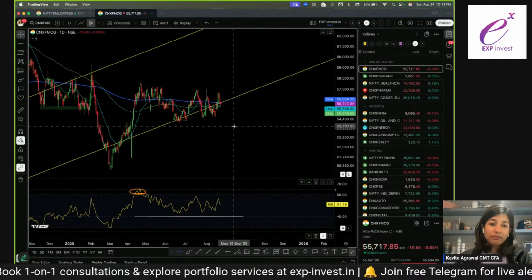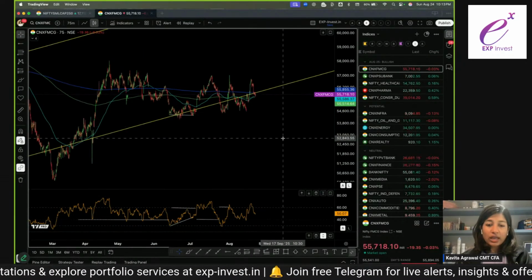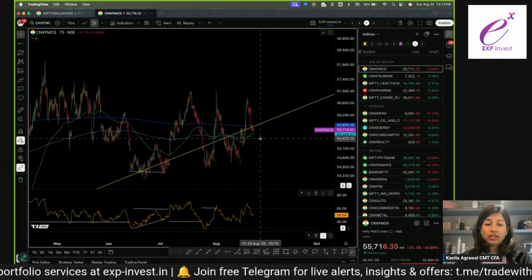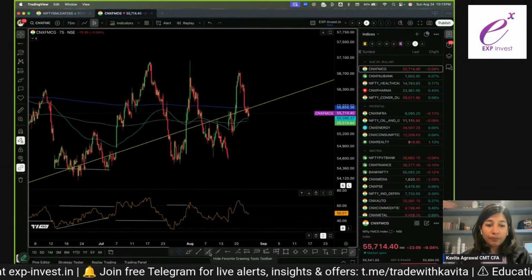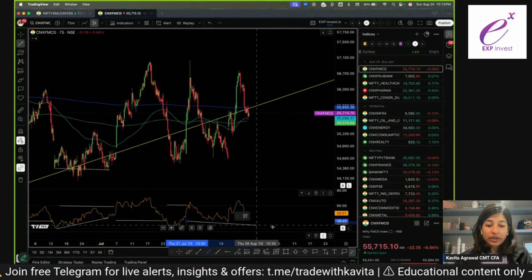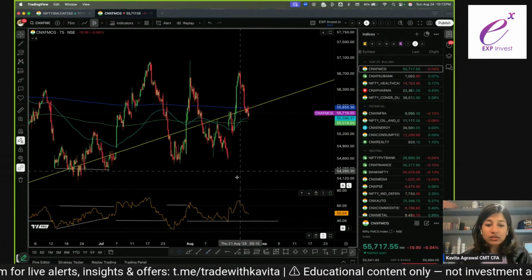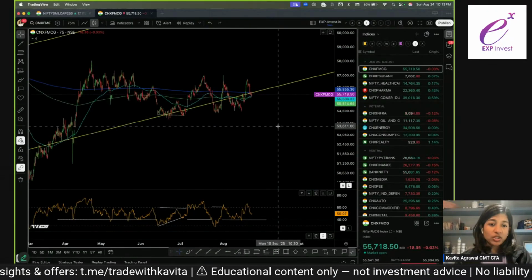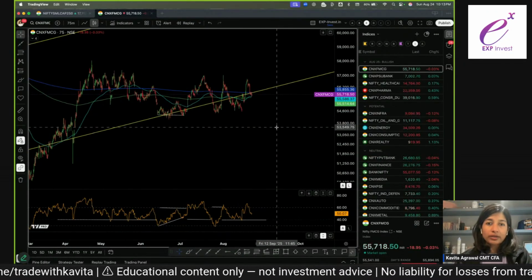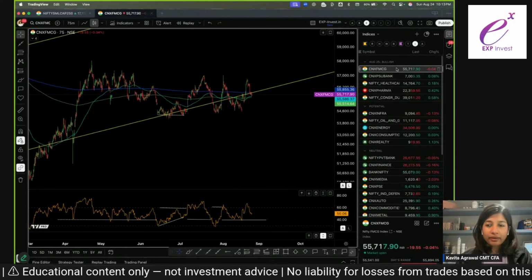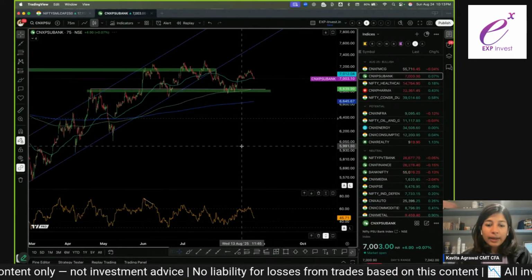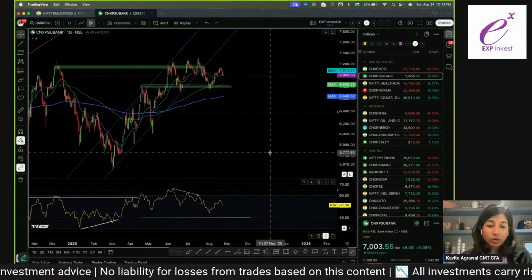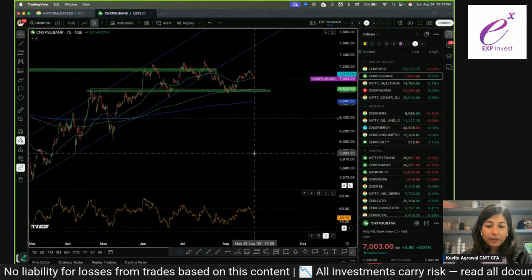FMCG daily is in bull range, and the 75-minute time frame is in positive range. So this index does continue to look bullish, which makes sense. If the broad market is becoming negative, then FMCG automatically starts to look pretty bullish, pretty attractive on a relative basis, if nothing else.